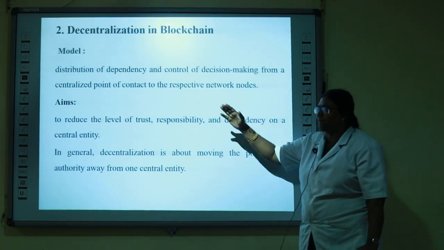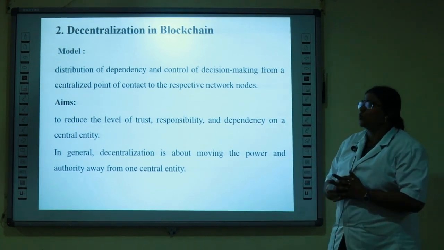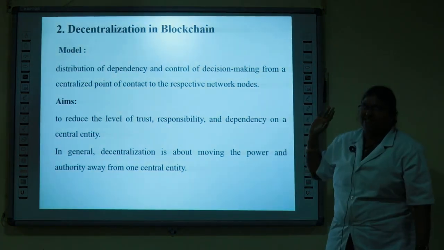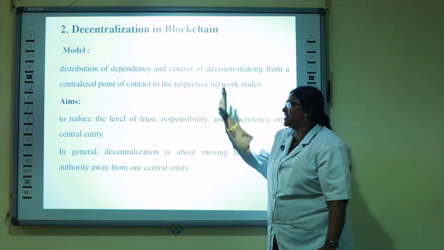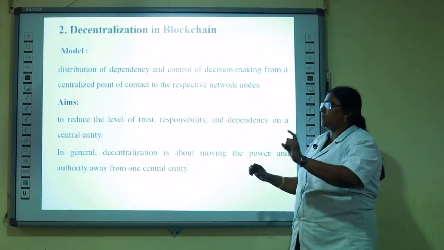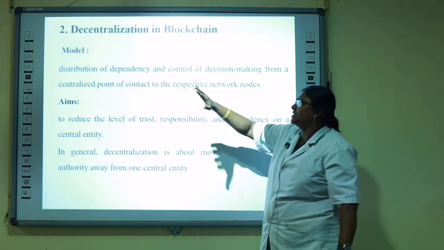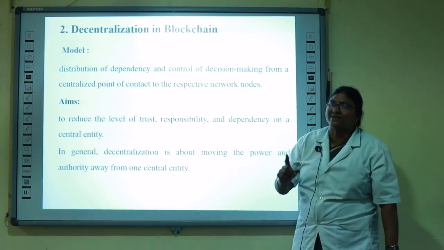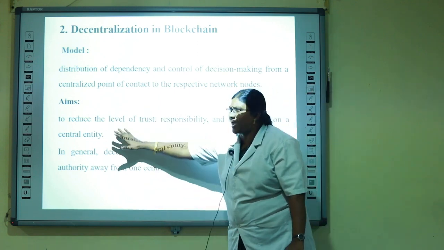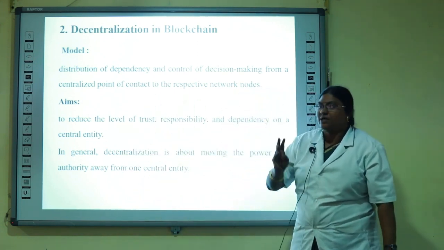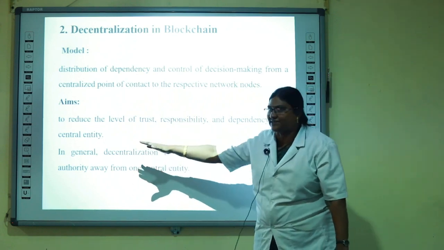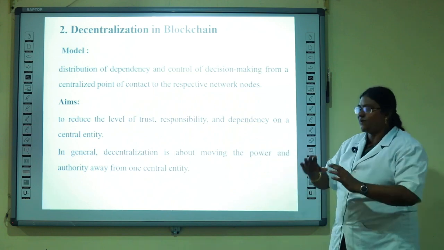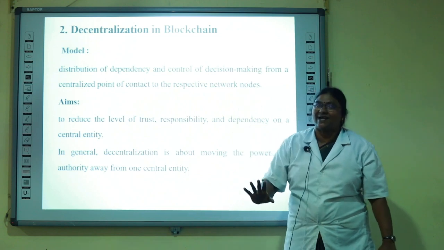So next we are going to see decentralization in blockchain. What is meant by decentralization? What is the model and what is the aim of using decentralization? It is the distribution of dependencies and control of decision making. We want to avoid dependencies and decision making by a single person. We want every system to make decisions on its own. My aim is to reduce the trust, responsibilities and dependencies on the central authority. The main concept of decentralization is giving the power and authority from one central entity to all